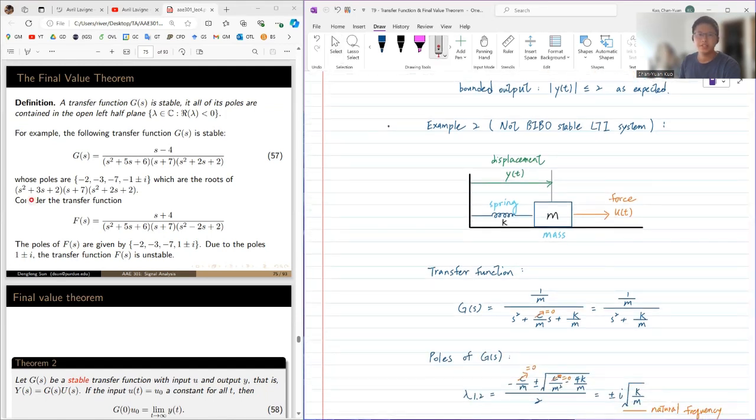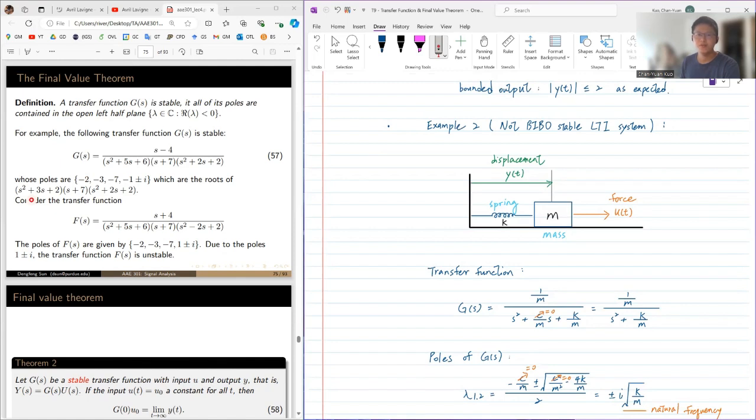Now let's take a look at the second example. In this example, we will check whether a mass spring system is BIBO stable. First, notice that the transfer function of the mass spring system is the same as the one of the mass spring damper system, except that the damping constant C is equal to 0. Similarly, the poles of the transfer function are the same except that C equals 0